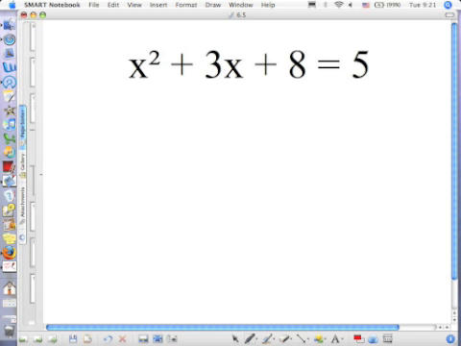Okay. What's the problem with this one right now, the way it's set up? It has to equal 0. Okay, so when I subtract 5 from both sides, A is going to still be 1, B is going to still be 3, but C will be